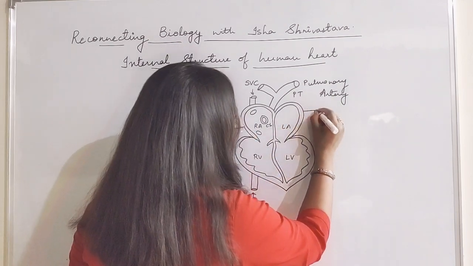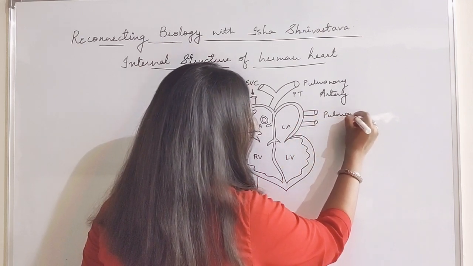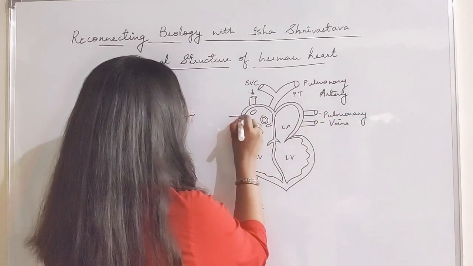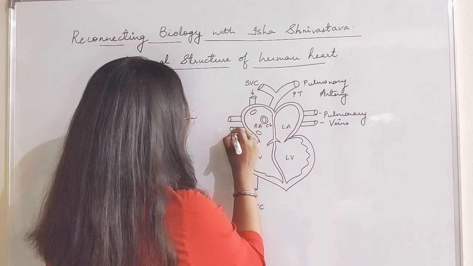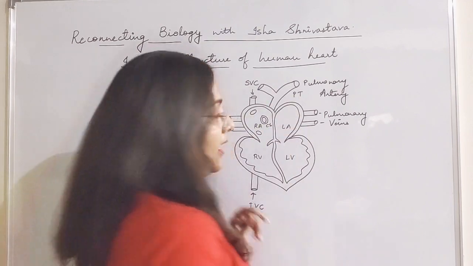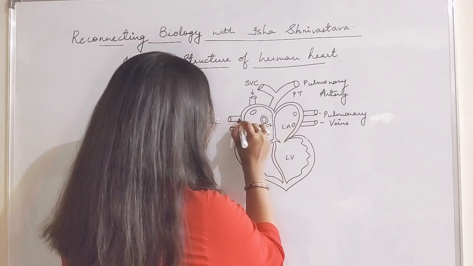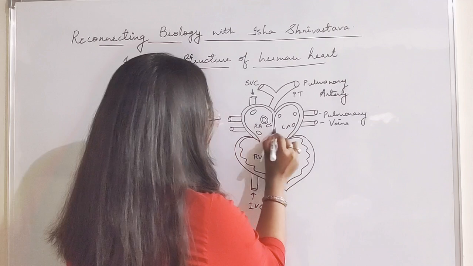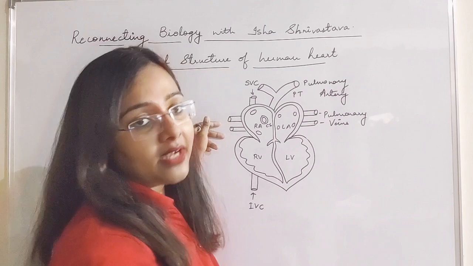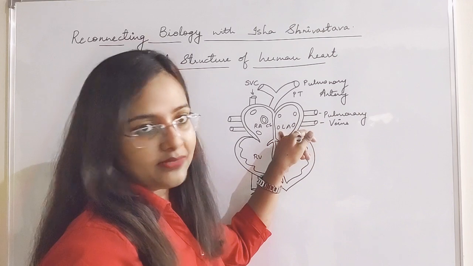Now, these are the pulmonary veins. These are actually the pulmonary veins, one, 2, 3 and 4. Dorsally you can see this. The opening of this pulmonary vein is here, the opening of this is here, the opening of this pulmonary vein is here and of this it's here. So these are the 4 pulmonary veins, 2 from the right lung and 2 from the left lung. They carry the oxygenated blood back to the heart into the left atrium.